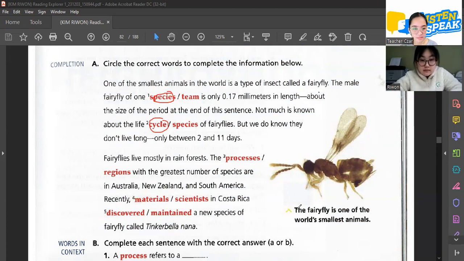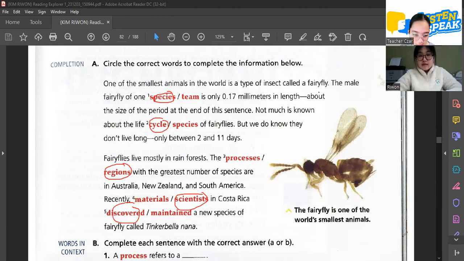The regions with the greatest number of species are in Australia, New Zealand, and South America. Recently, scientists in Costa Rica discovered a new species of fairy fly called